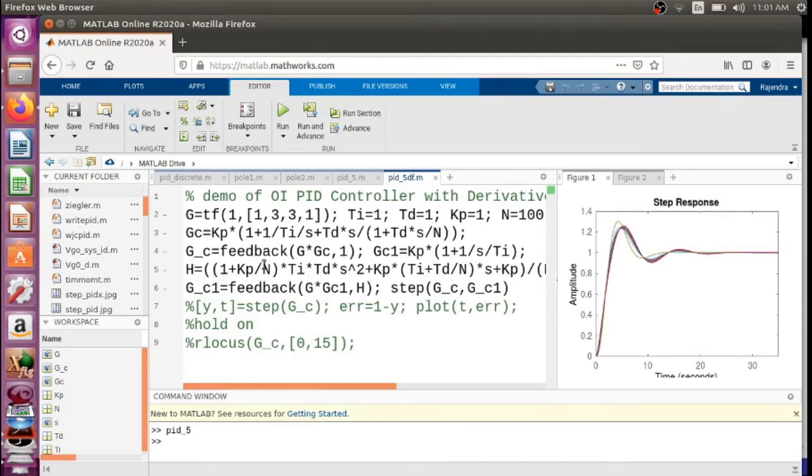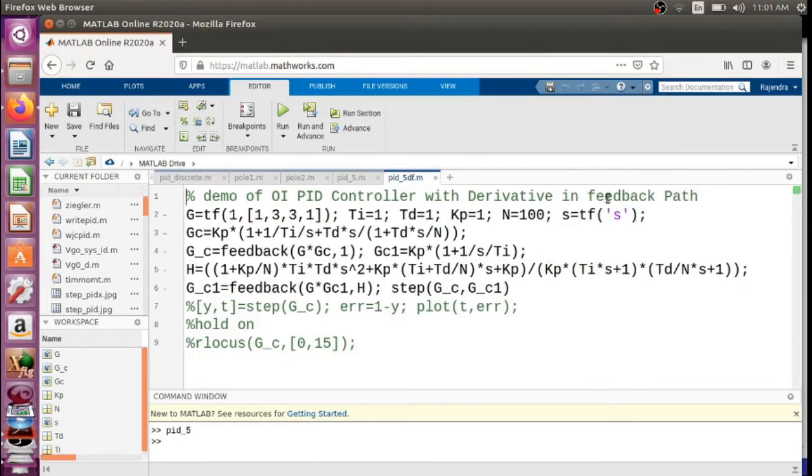One compensator is the simple one with a derivative term modified with a low pass filter, that is G underscore C, and the other is G underscore C1, which is basically using a compensator with the modified structure, that is derivative in a feedback path. So we want to check out this particular thing by running the program.